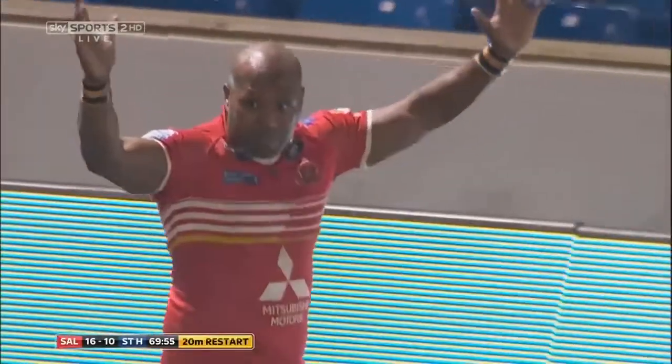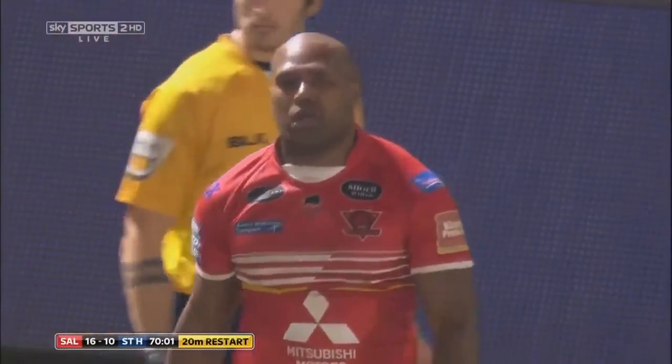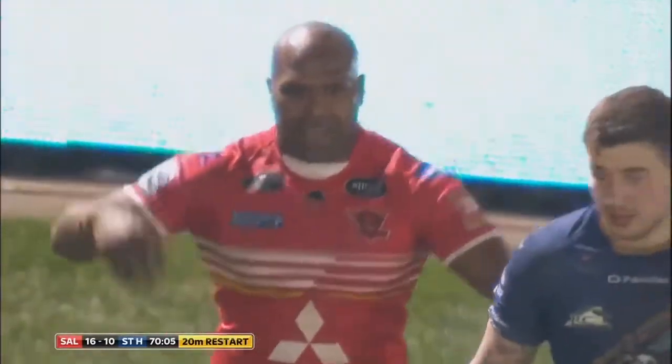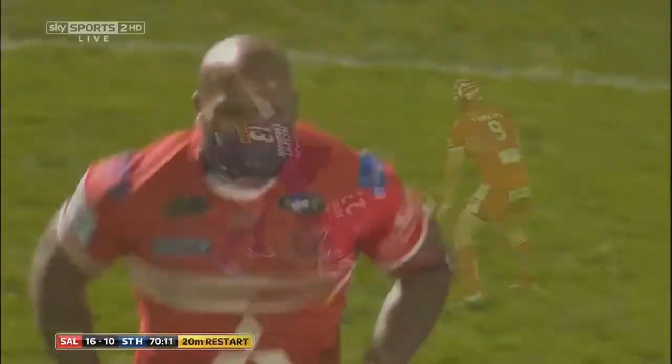Oh, this could be a sin bin. It is a sin bin. Yeah. It is a sin bin. He's left no option there for James Child. Robert Louis, he's had a tremendous game. Playing in the centre. The ball just rolls around to the right. And when the ball's recovered...